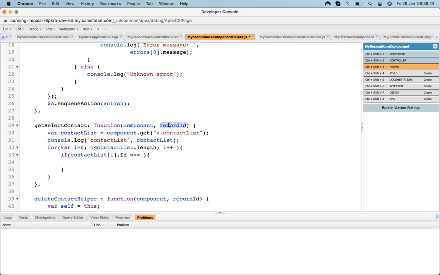Whenever it becomes equal to the selected record ID, what I have to do is assign that selected contact to whatever record I have found.